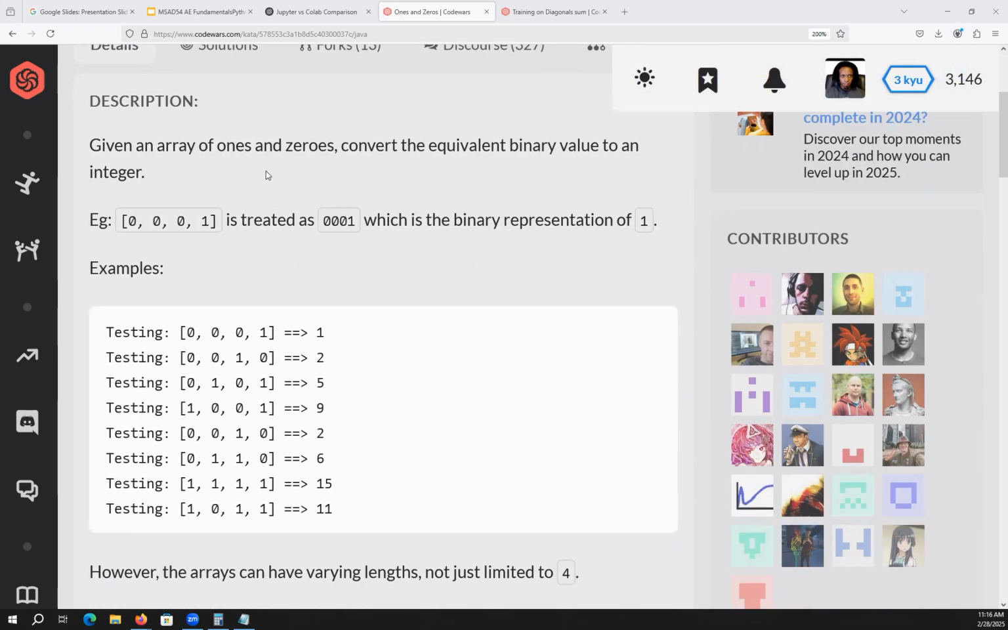Given an array of ones and zeros, convert the equivalent binary value to an integer. And yeah, this is Java, this is not Python. So doing this in Java today. Language is Java, remember that. I need to remember it too, because I'm always doing Python. Anyway,